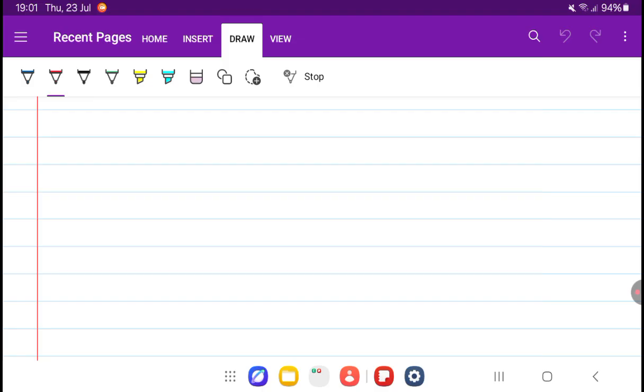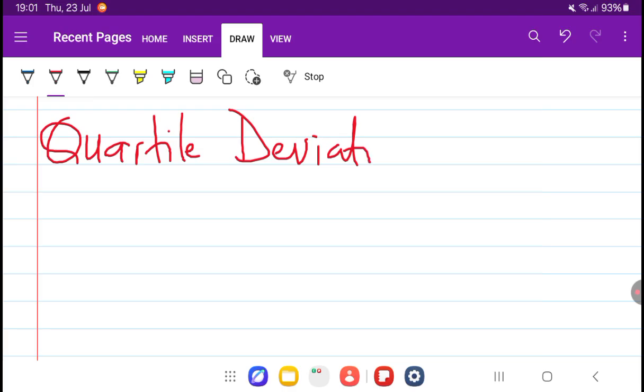So today we want to start, of course today is 23rd July 2026. We want to start by looking at the quartile deviation. And of course we know that quartile deviation is one of the other methods of dispersion,